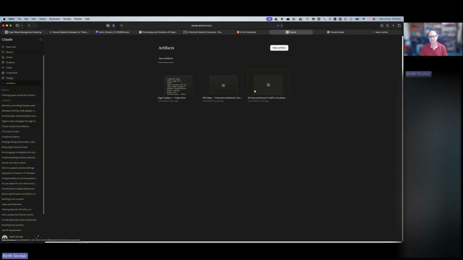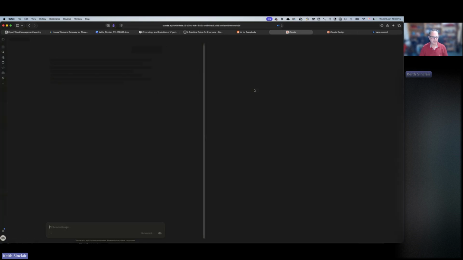So I'd had this idea for years. I write software and do all sorts of different things, but I was also a network expert back in the 90s and the noughties. And I had this idea for network management software where you would manage the network, and you could fly around and look at the network and understand it. And I remembered this the other day, and I remembered artifacts. So I said to Claude, could you please make me,